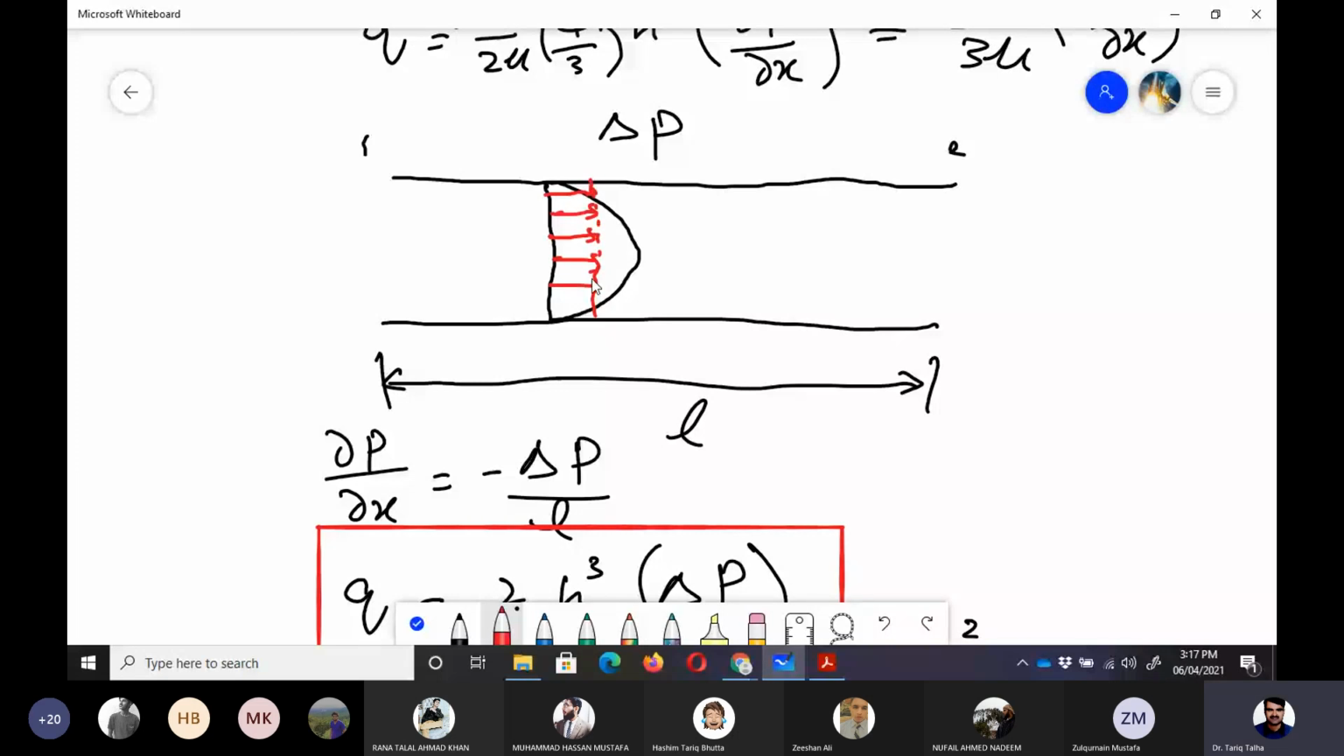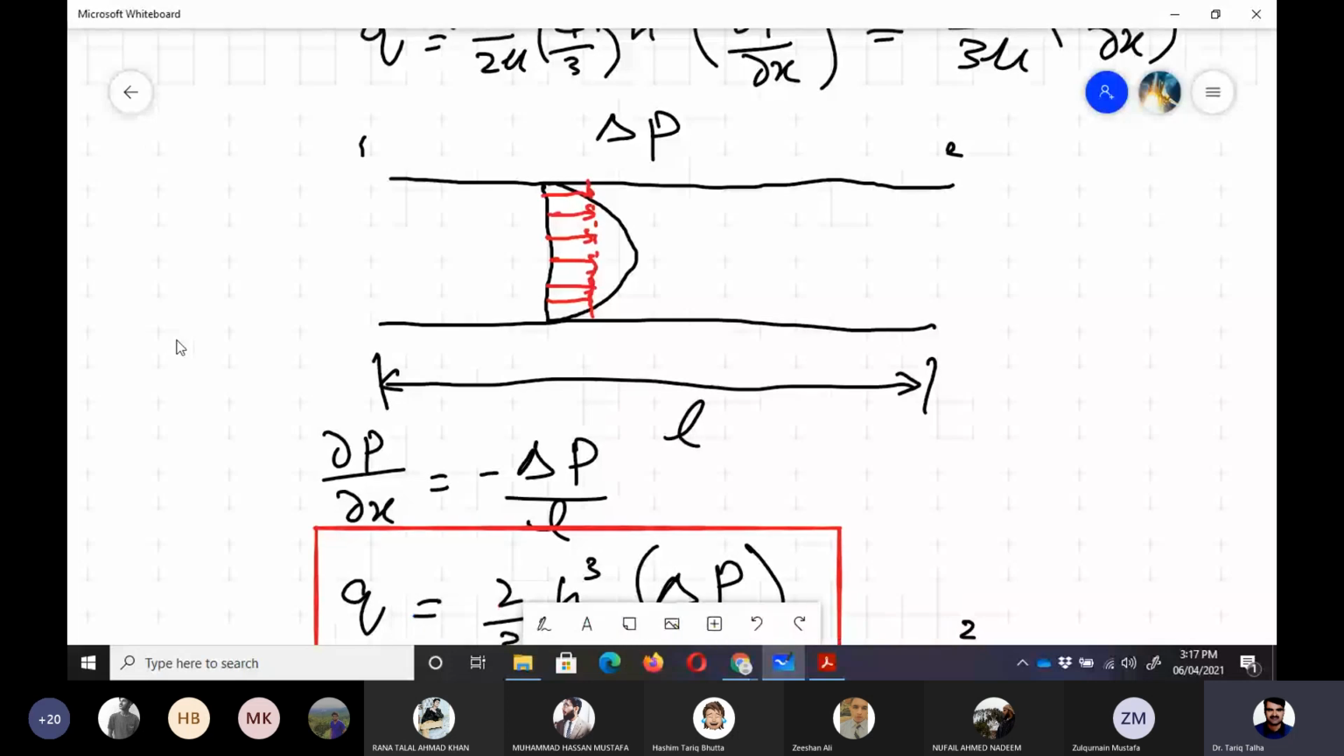At some portion it would be less than the actual velocity, and at some portion it would be greater than that, because only then it would have the same mass flow rate, right? So mean velocity would be less than the maximum velocity, but it would be greater than the minimum velocity, which is the zero velocity at the plate. So now if we want to calculate the maximum velocity, we need to have this relation with us,